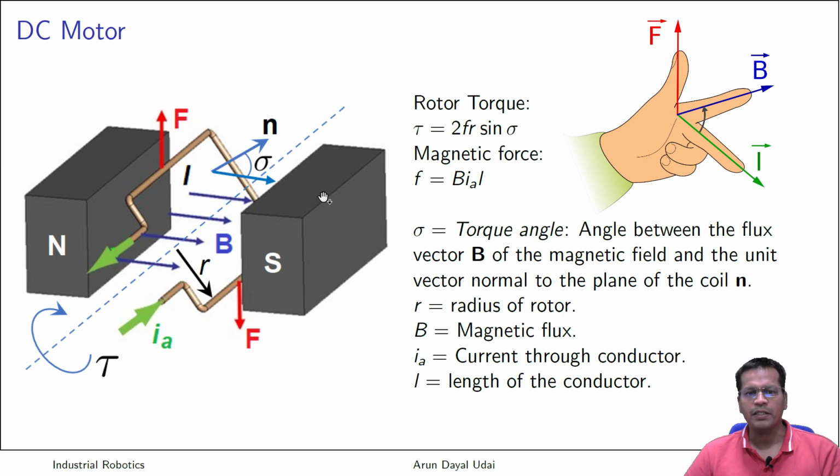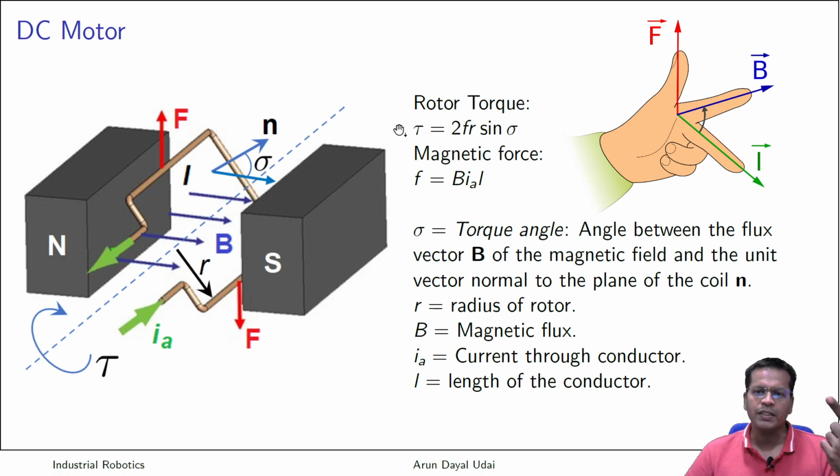Why is this sigma here? Because when it becomes completely perpendicular, you see it is the maximum force that will come. If sigma is perpendicular, this lies completely inside the field, and that is the maximum force coming onto this conductor. So you see, this will create a varying force, a sinusoidally varying force.